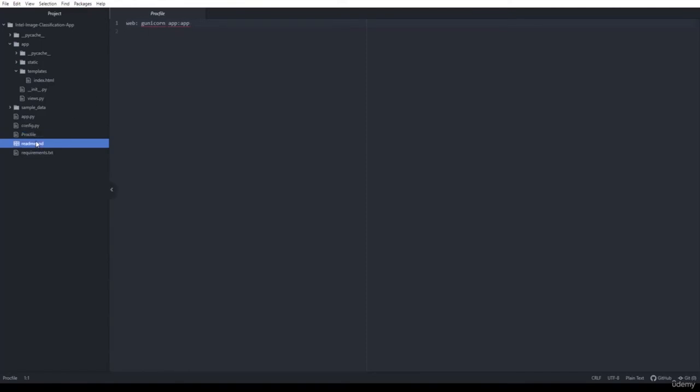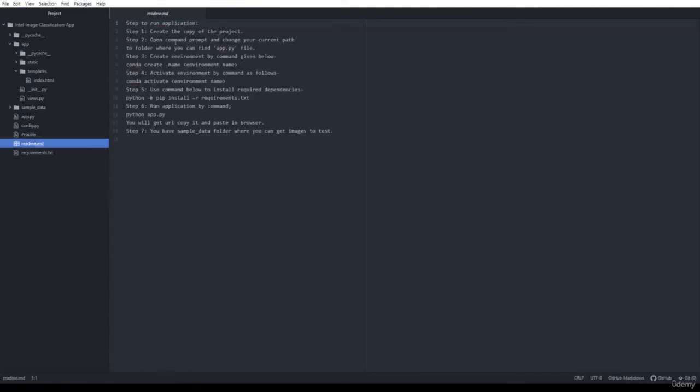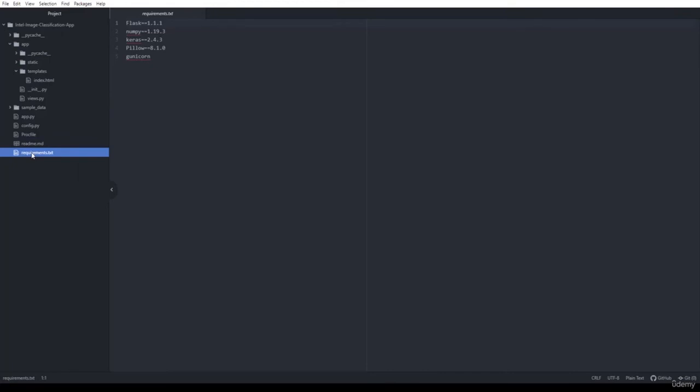Other than that, this is the readme file. It contains all the information on how to run this project. And the most important file is the requirements.txt. It contains all the dependencies, all the libraries that are used in creating this app, with their versions.